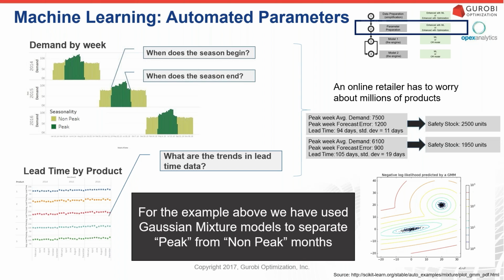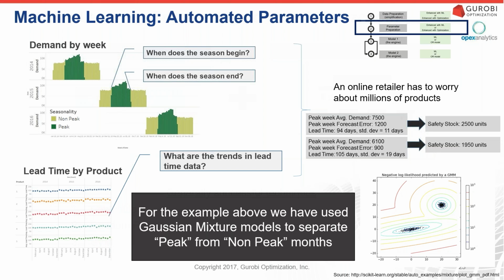So one example that we worked on had to do with seasonality, trying to figure out, when the season started and when it ended. And I think what was interesting about this is that the business knew that in peak season, I had different parameters that I wanted to look at. So I had different ways I wanted to look at my data and different decisions I wanted to make. And I also had different input data, like lead time might vary over time. And so by using machine learning techniques, we could actually automatically help figure out, when did the season start and when did it end? So in the past, I would have had to rely on someone to tell me for each product, when did it start and end? And this is like a rules-based system where you can see where this could easily fail and not scale.